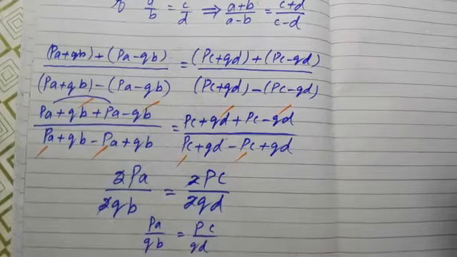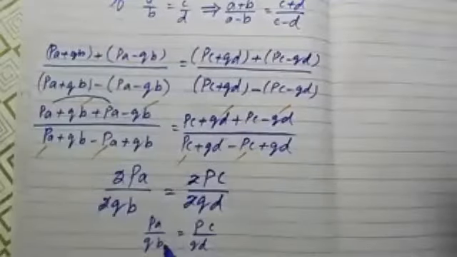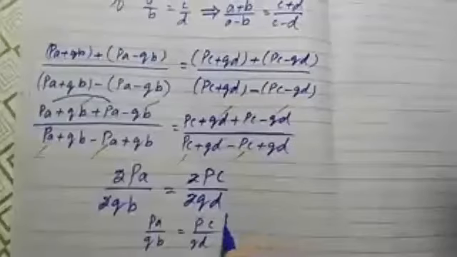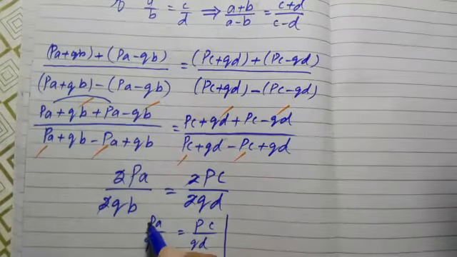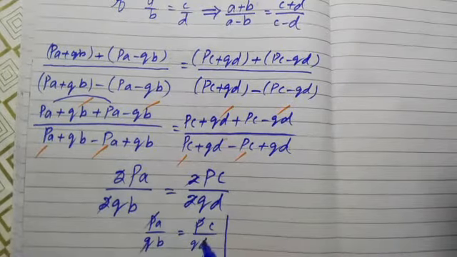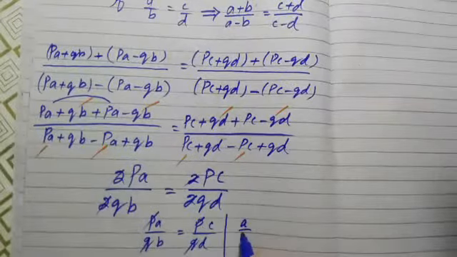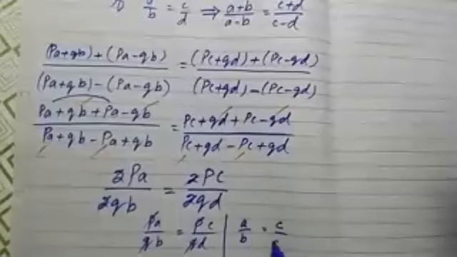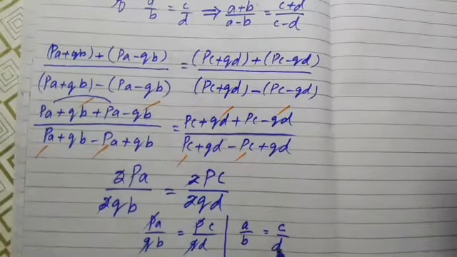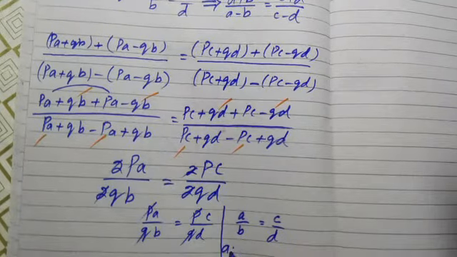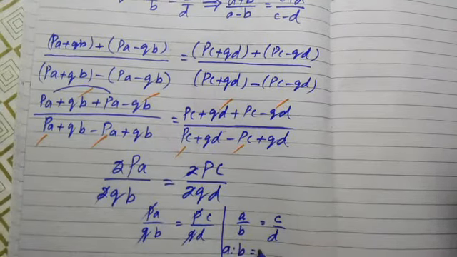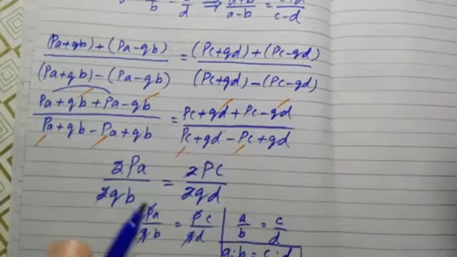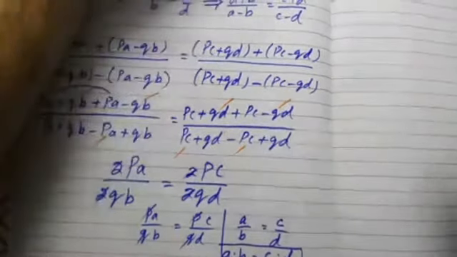Now it's your choice. You can directly cancel it out. I believe you should cancel it directly, because the volume of the work in the next question will always increase. So go for the direct cancellation. A over B is equal to C over D. So this completes the question. So that is A ratio B equals C ratio D, because this was required to be proved. This is how we will finish the statement of the question.